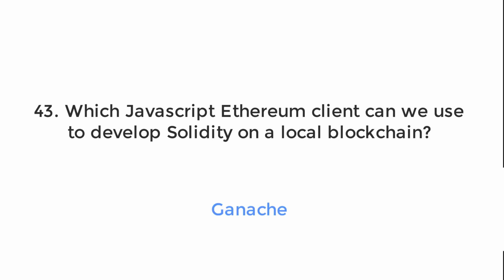Ganache. Ganache is a CLI tool that you can use to automatically start a development blockchain on your computer. This development blockchain is a safe box that you can use to develop your smart contract. It's not connected to any public Ethereum network, and every time you start it, it starts with a fresh blockchain with no data on it. It also comes with 10 preloaded Ethereum accounts that you can use to develop your smart contract. All the Ether that you use on this blockchain is fake Ether, so you can spend it all, it's no problem.